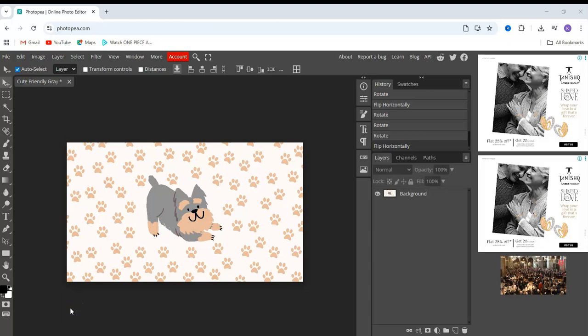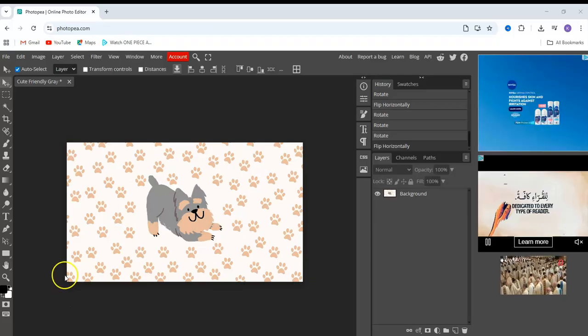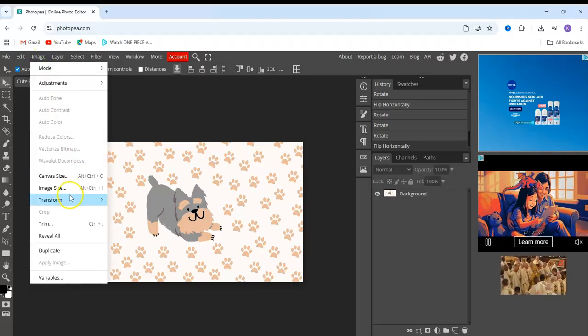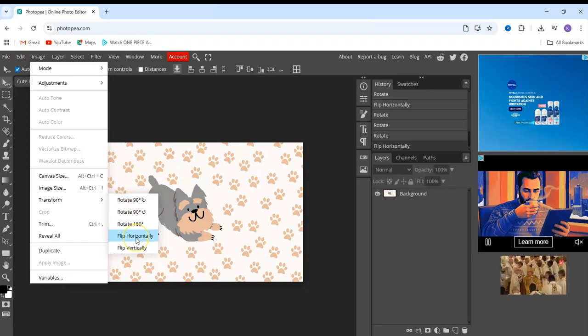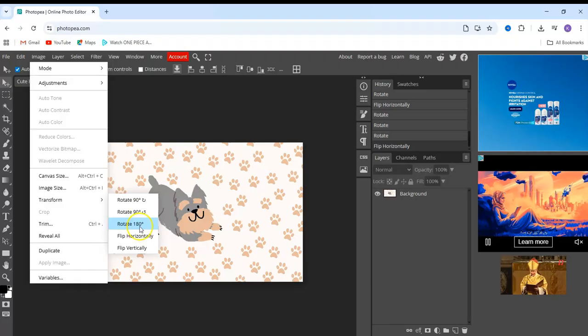Hi guys, let me show you how to flip an image in Photopea. There are a few options to do this. So first you go to Image, Transform, and you have options here, for example, flip horizontally, vertically, rotate it 180